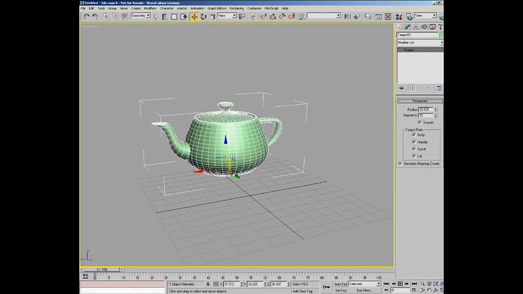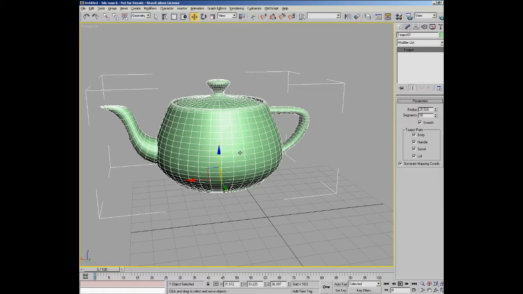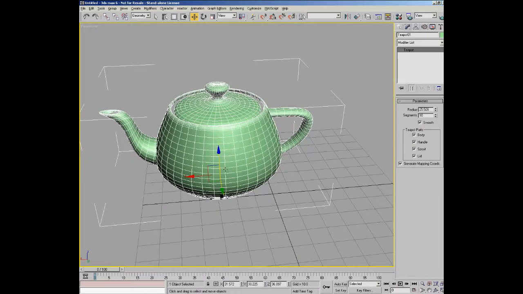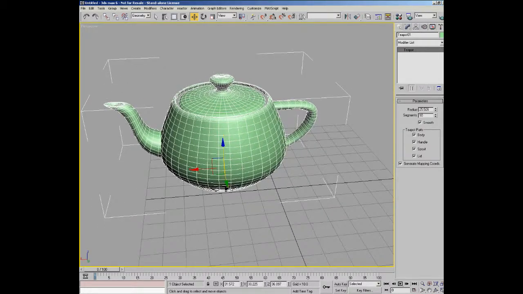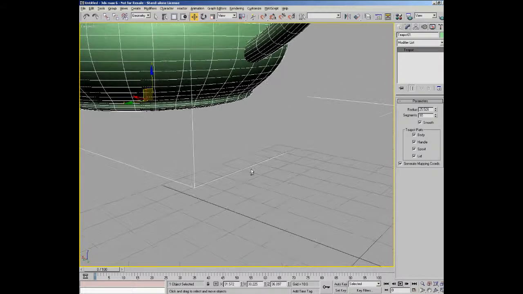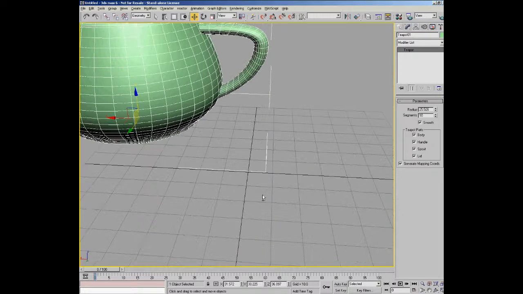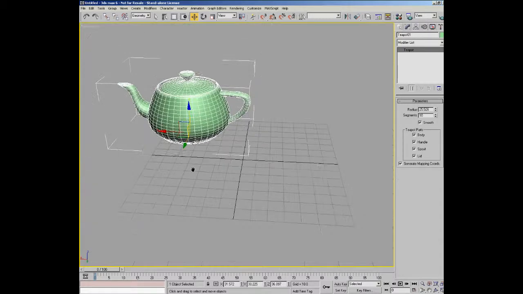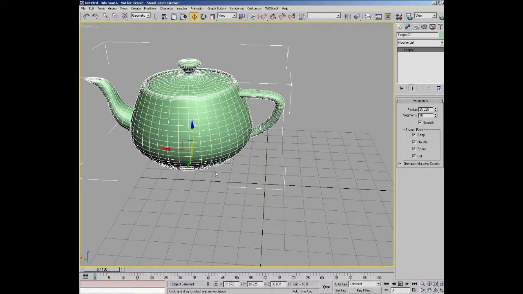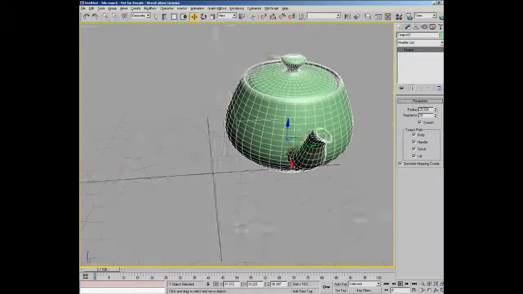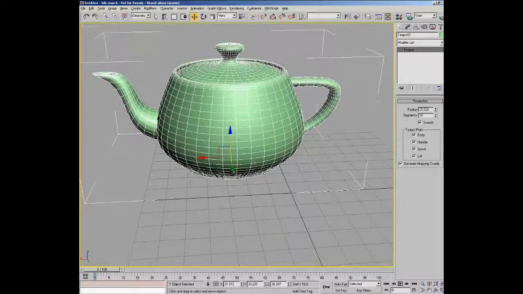Each object in a 3D package has its own transform matrix, and basically what that means is that the world is one big transform matrix, and in this case is represented by this grid, and in the center of the world, which is at this point here, the intersection of the grid is 0, 0, 0 in X, Y, and Z. Now every object that you then create in the scene has its own transform matrix, and in this case you can see this teapot has got its own transform matrix, which is represented by